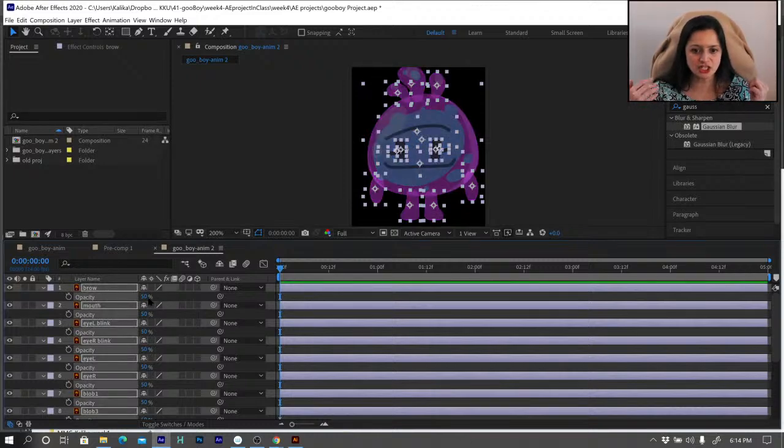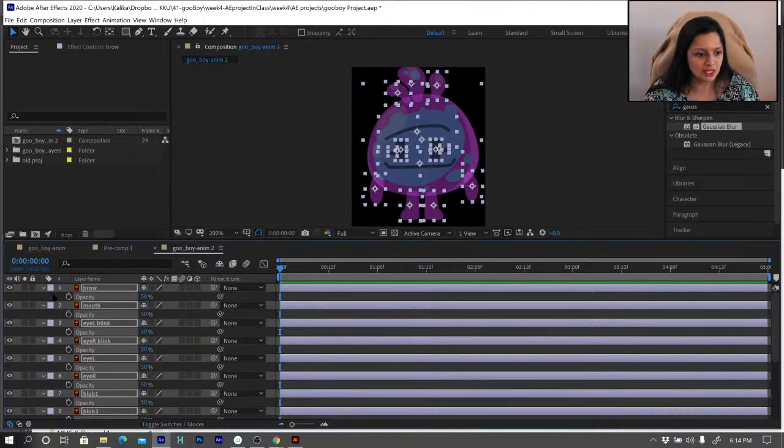Now the reason I change it to 50 is so that I can see all of the overlap areas, okay? The overlap areas are important because I want to make sure my anchor points or the pivots for each layer are set to where that body part overlaps with other body parts or